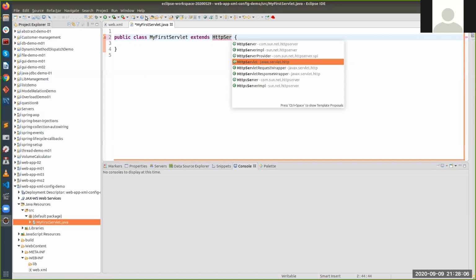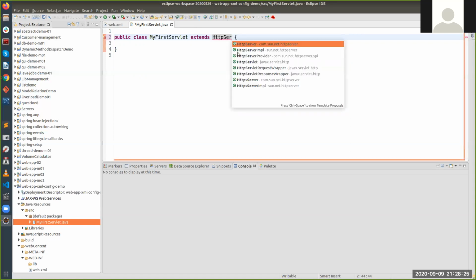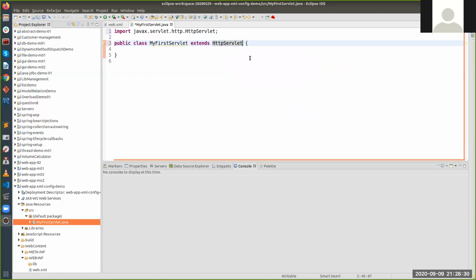This HttpServlet class gives MyFirstServlet the feature of running on the web, executing on the server, getting the request and returning the response to the client.